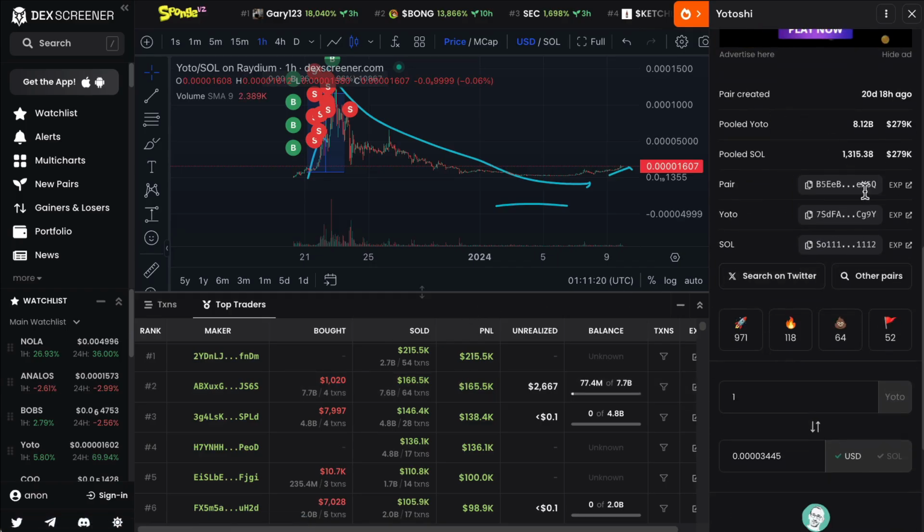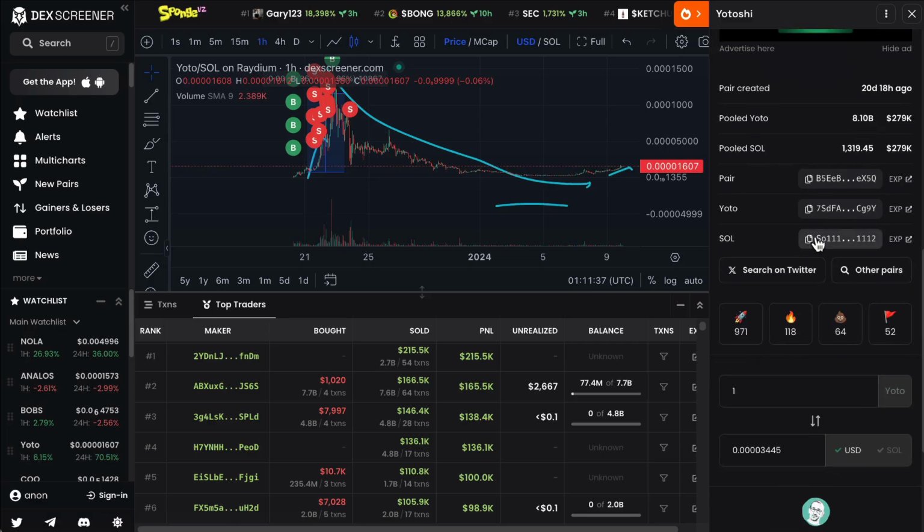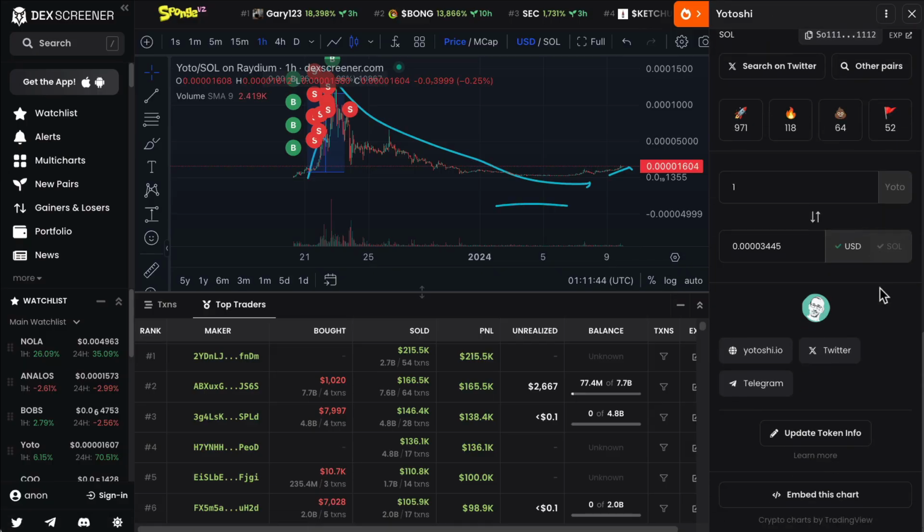And then finally on the right here, you get these icons, which people just click at random really, so I would ignore these. They don't mean anything. The socials usually should be here underneath. Now, it's not uncommon for meme coin Twitter accounts to get banned, so sometimes you don't see that. But then this button is handy. If you click on search on Twitter, it will open up Twitter with that particular token and search for it. And you'll see people talking about that particular token,